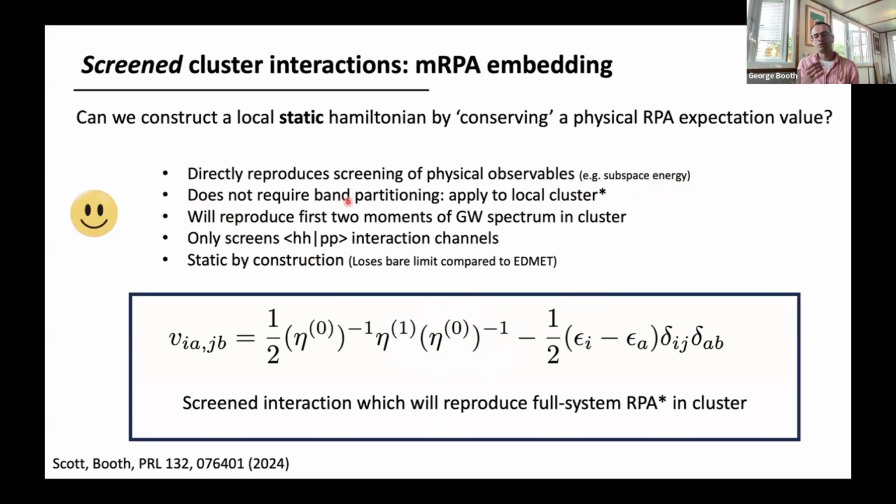It doesn't require you to downfold directly into a band picture. You can apply this and downfold directly to a local cluster model. So you won't have to truncate the long-range effective interactions if you then want to use these interactions within a quantum embedding. There are some caveats to this, which I will discuss later if interested, but it's a much looser condition in terms of the space in which you can screen these interactions. It will also reproduce